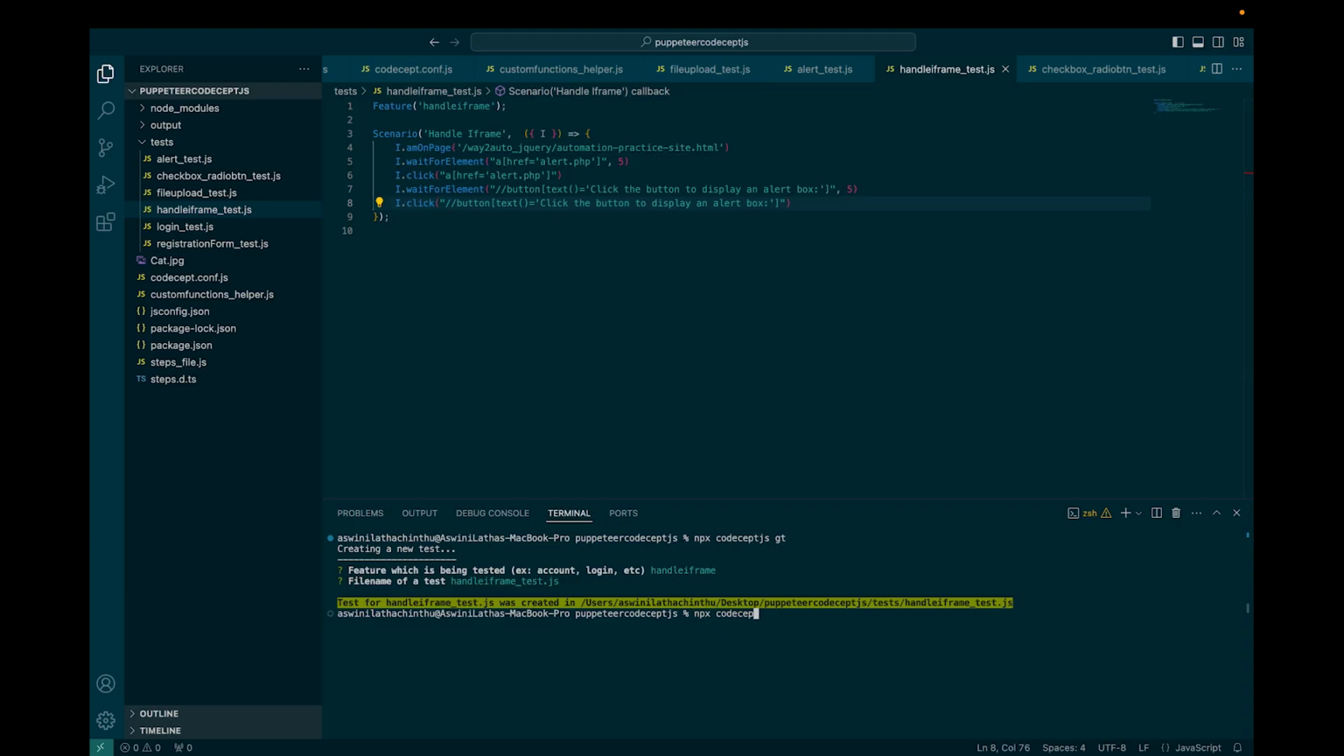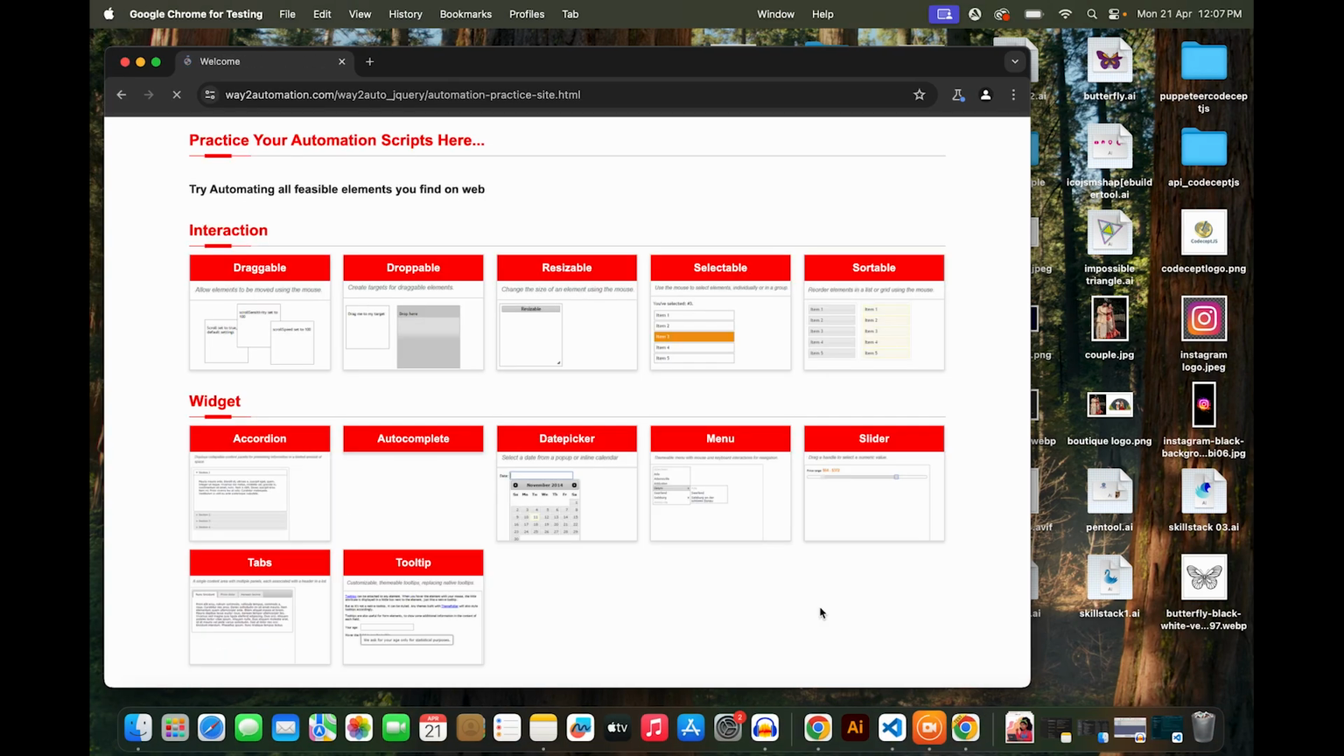CodeceptJS run, and I'm going to run only this test directly, a single test. So that's why I'm going to send the file location, handle iFrame _test.js. Okay, it has opened the browser, and now if you click on the alert,